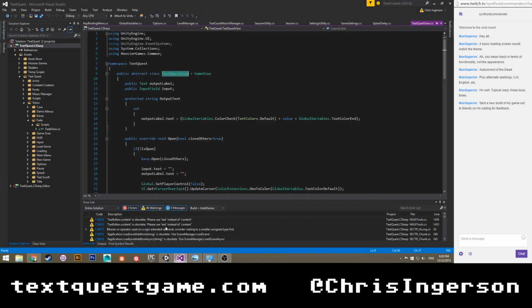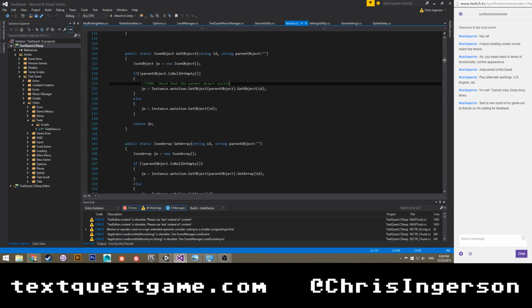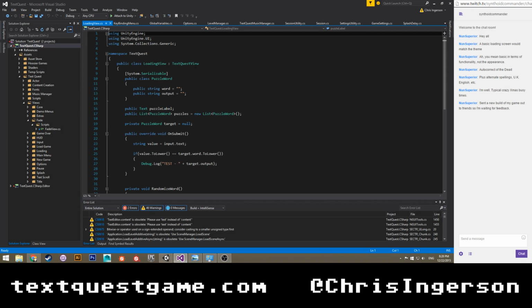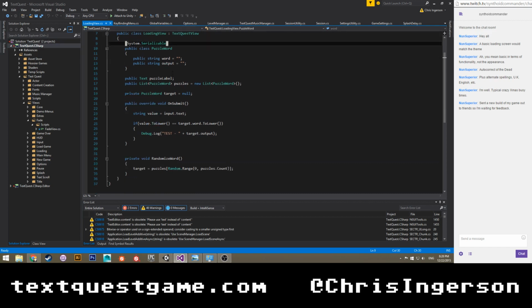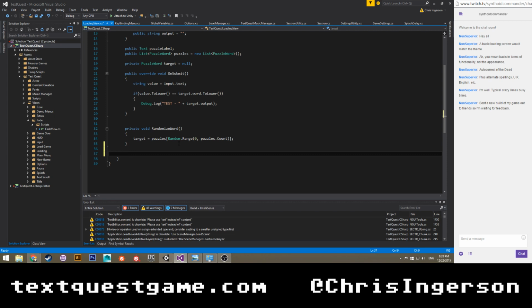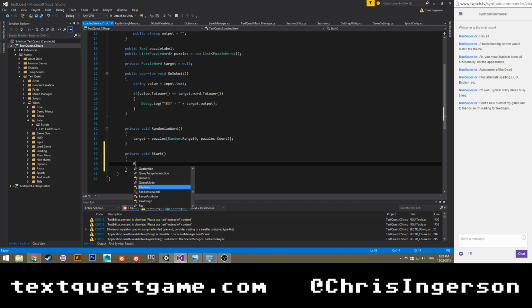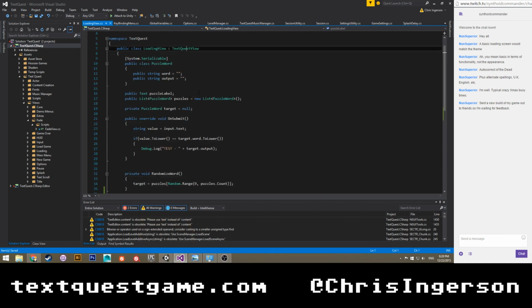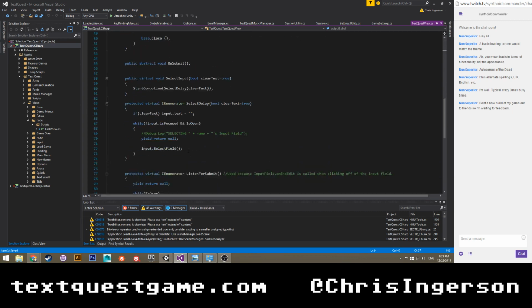So, let me quickly change this. Of course, I have to open it back up again. That's something weird that I don't know why Visual Studio does it. When you first edit a file, it doesn't treat it like it's part of the solution. I don't know if that's because Unity doesn't actually count it as part of the solution for a little bit or what, but anyway. Go ahead and say private void start randomize word. Should be fine. I don't think that that's going to hide anything if I remember correctly. Just to be safe, I will check. Close on submit.